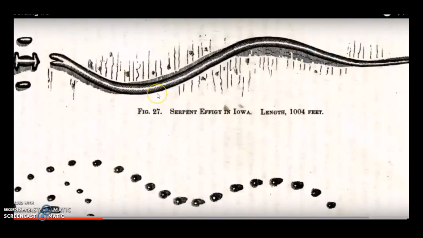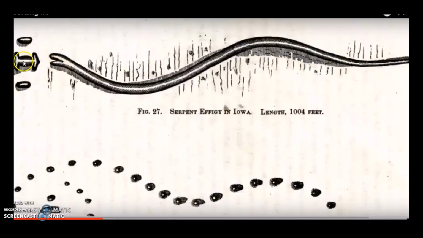Now here is a serpent in Iowa, a diagram of it. And here is what is located around the head area. And I made a video a couple years ago where I showed where some features had been lost to time around that oval, around the head of that Serpent Mound. And I put out the slight suggestion that maybe it was a turtle